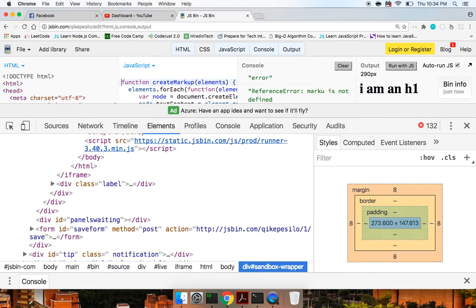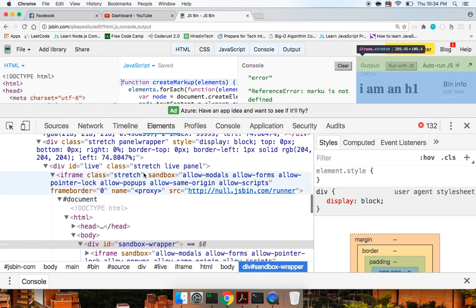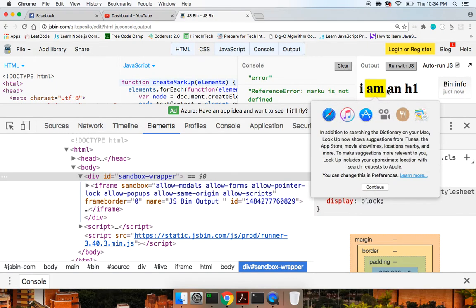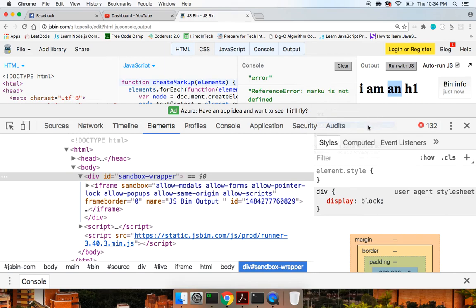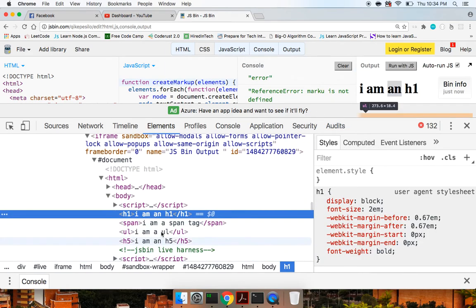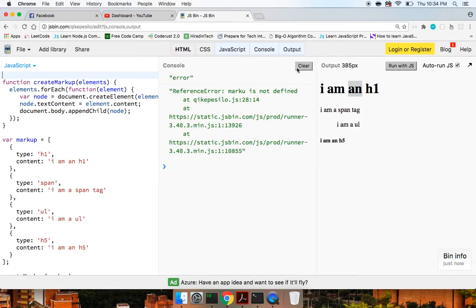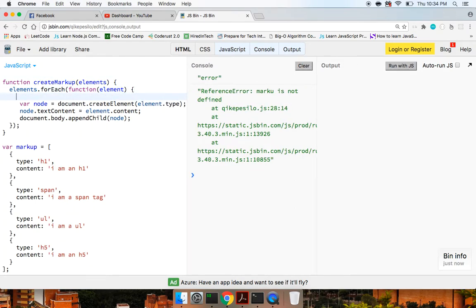So if we come back in here, there we go. And here we go, body. And I can inspect them again. So let me look again. And there they are. There's all of our stuff. Let me just make another switch case real quick. What I can do here is let me turn off auto run JavaScript. And here all I'm going to do is say if element.type is equal to comment,